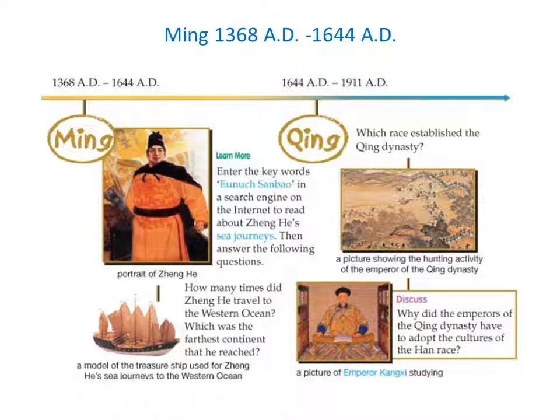Just check it out, what exactly they're doing and which race established the Qing dynasty. Was it the Mongol race, or was it the Han race, or which race? What kind of people were they? Which tribe did they belong to? And you also need to discuss, why did the emperors of the Qing dynasty have to adopt the cultures of the Han race? Now you see a picture of Emperor Kangxi. He's studying something